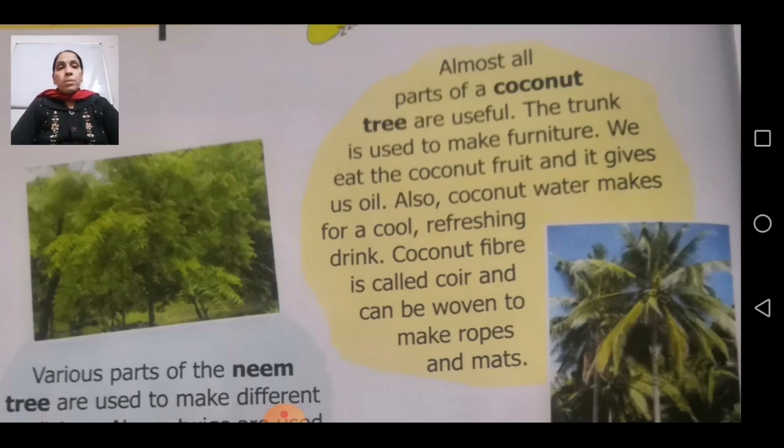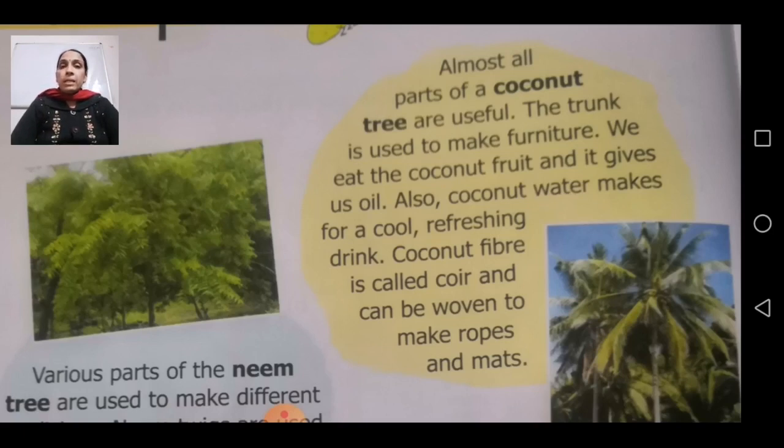ठीक है, coir से बन गया and can be woven to make ropes and mats. वूवन मतलब उसको हम स्टिच करना into ropes and mats. तो इससे जो कोकोनट का कॉयर है, from that we can make ropes also and mats also. So that is again an important function of coconut tree. Again coconut is an important part of your dry fruit also. तो ड्राई फ्रूट का भी important part हो गया.